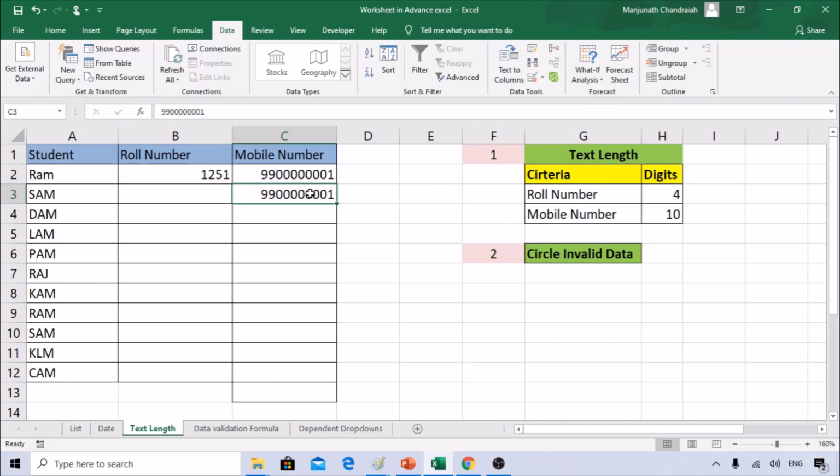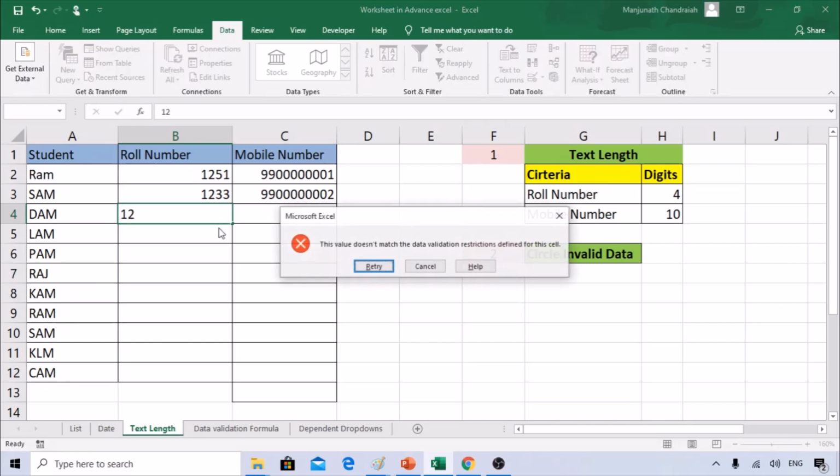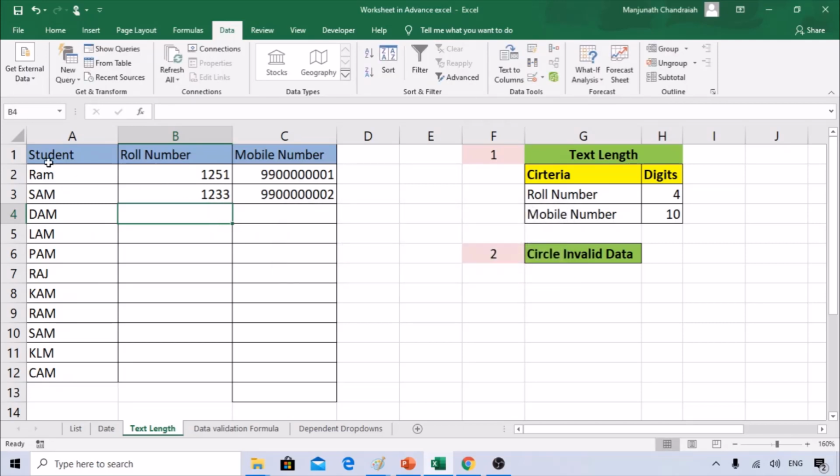So let's say I updated here. This is very simple, right? So here you can see it takes anything less or more, it will throw an error. So in the first case, once you give this data and ask people to update, they'll update correctly, because it will throw a restriction if they update incorrectly. It will save your time and is easy to consolidate.